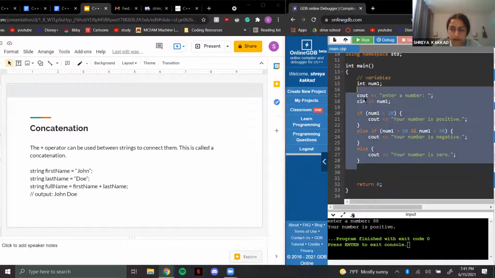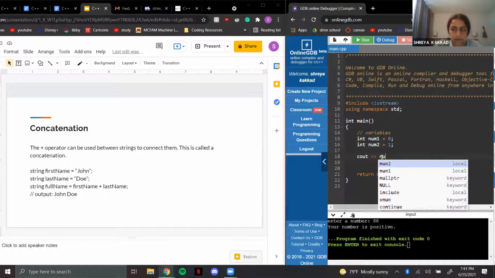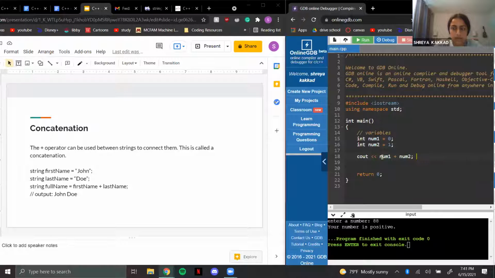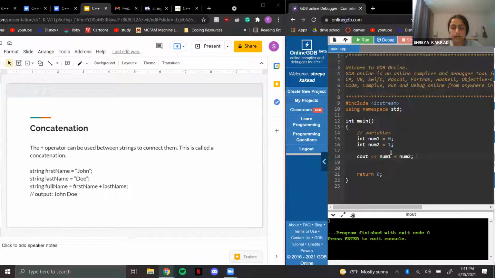I believe you can. I'm used to just using the arrow, so this is actually new to me as I was reading this preparation. But let's say we wanted to cout num1, which is 0, and then int num2 equals 1. cout num1 plus num2. Yeah, I believe this will just give us 1. Yep. So you can use that for variables, but it looks like they have to be the same data type,